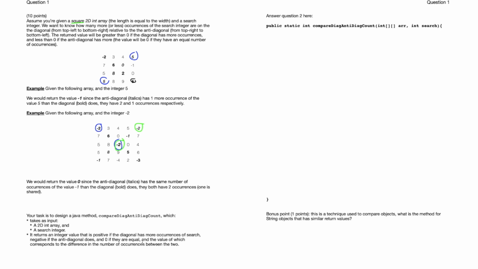The key here is that the value corresponds to the difference in the number of occurrences between the two. In all of these examples, the value is either -1, 0, or 1. But if we did have the case where, say, this value on the diagonal is 5 as well,